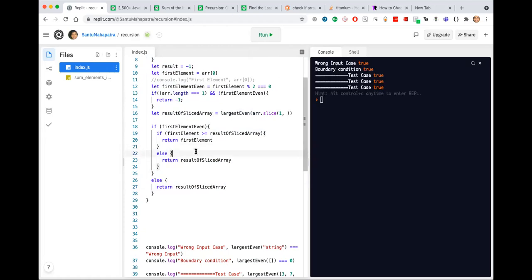Okay, the code is still working. If the first element is even and the first element is greater than the result of sliced array, return first element, else return the result of sliced array.